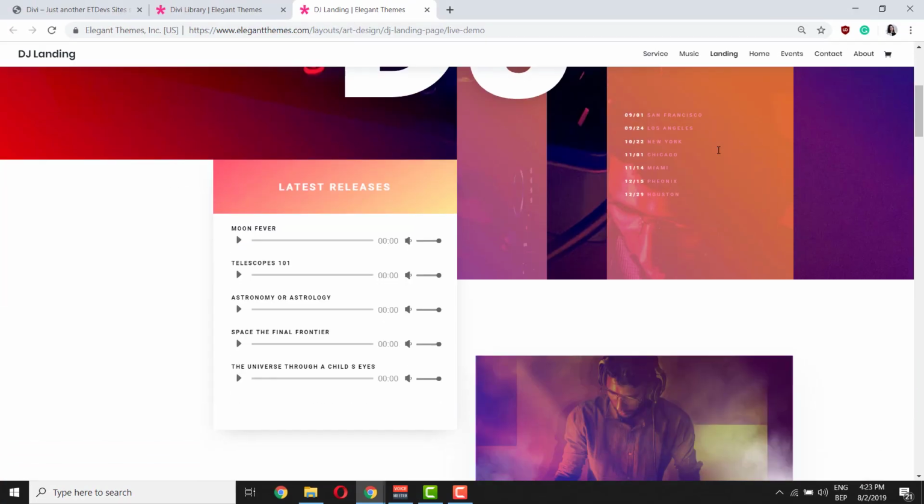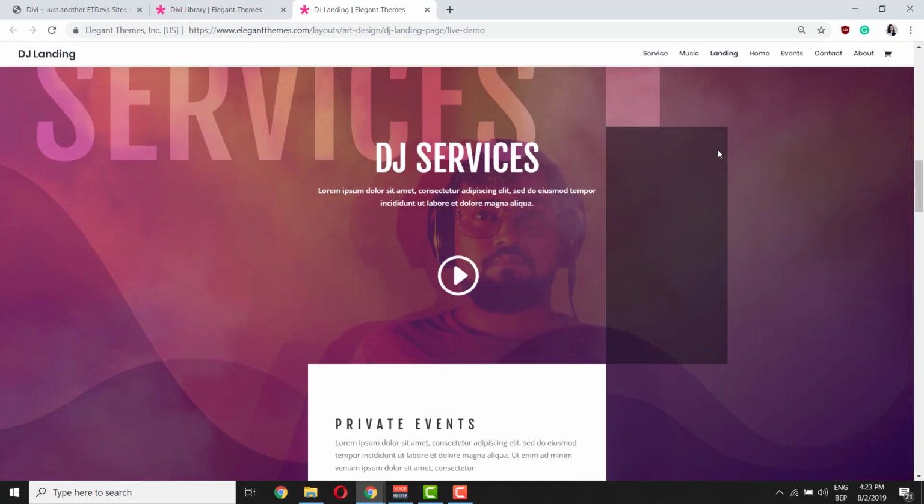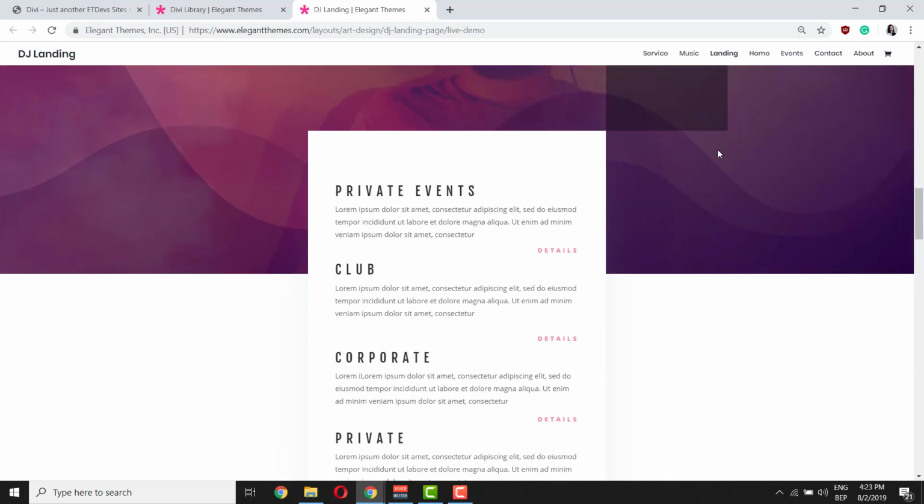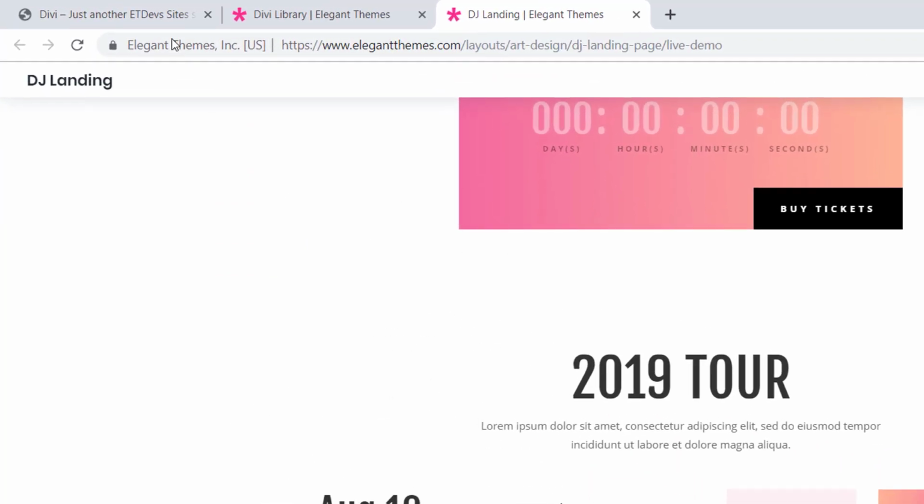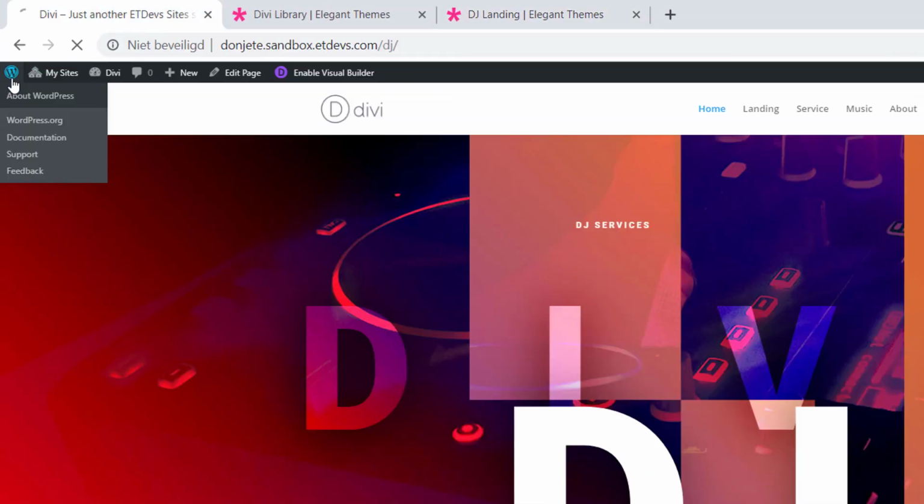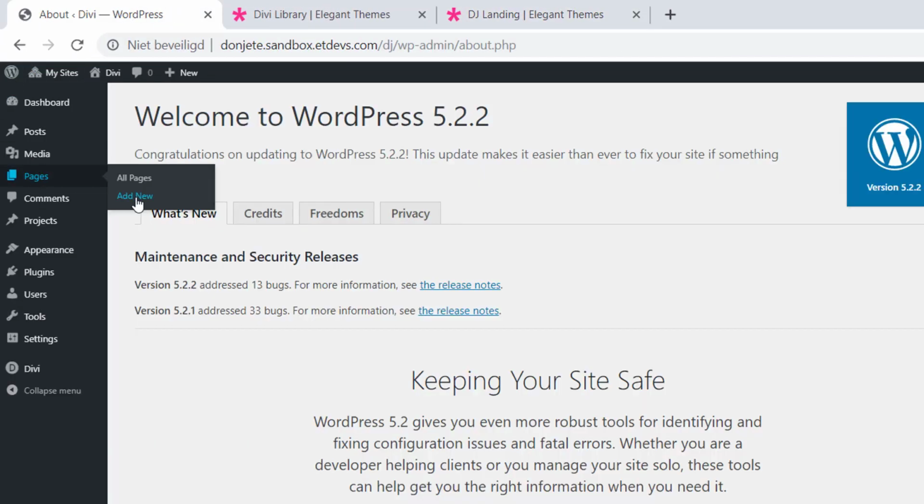And over here you can explore all of the different layouts that come with this layout pack without actually having to install them on your website first. So say for instance you want to use this landing page, you can go back to your WordPress website, go to your WordPress dashboard, go to Pages, Add New,